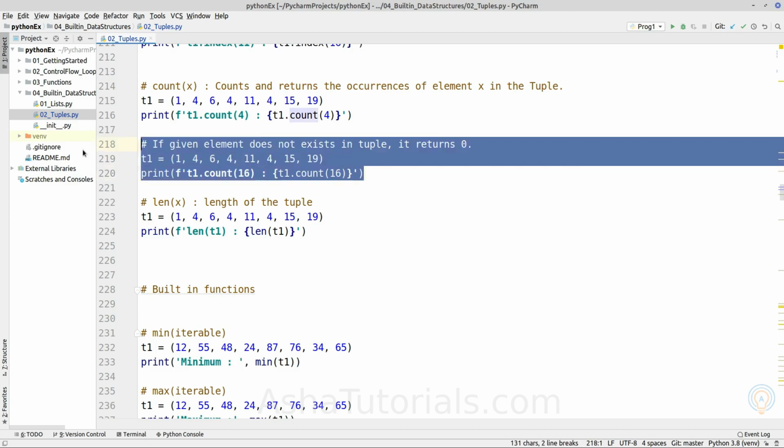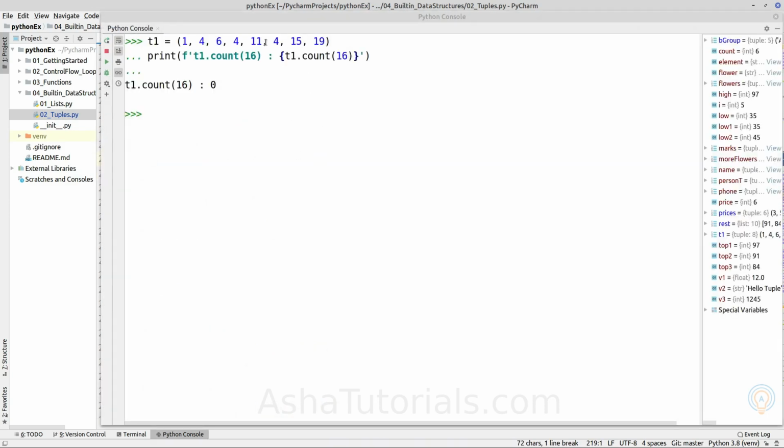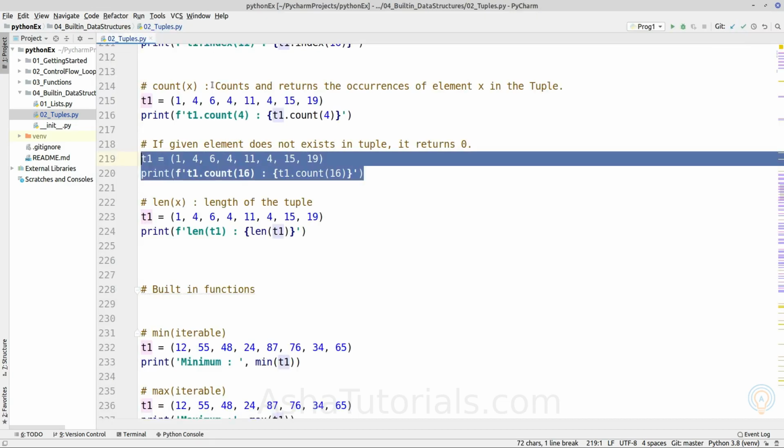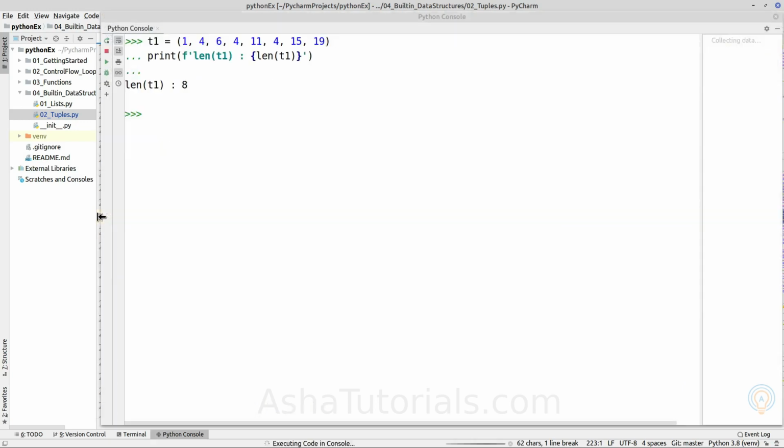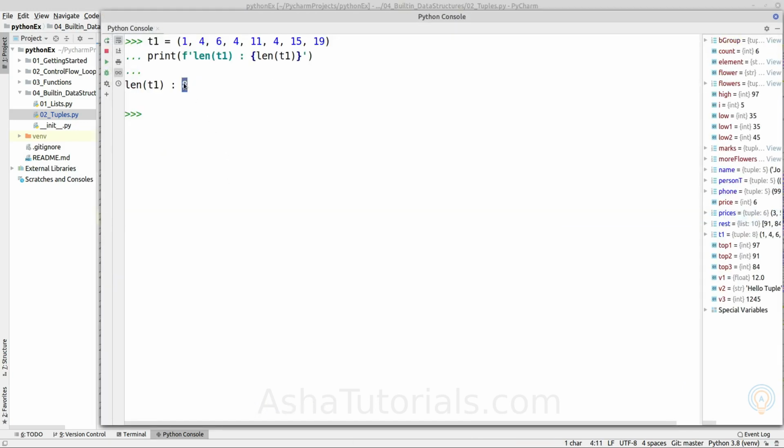Okay, as we can see here, 16 is not present, so it will return count as 0. Next is len. So len is a general method which will return the length of a given sequence. So the number of elements inside the given tuple object is returned by the len function.